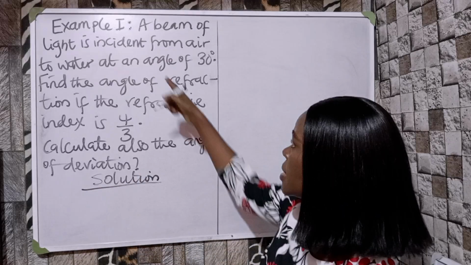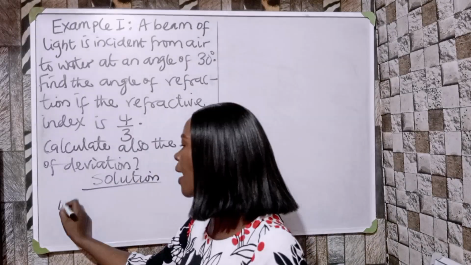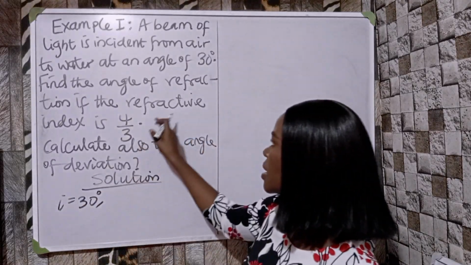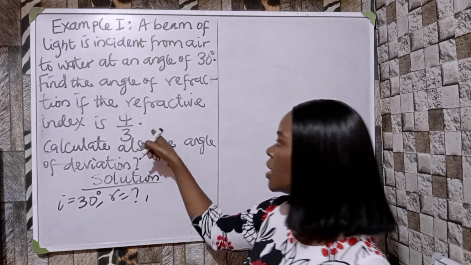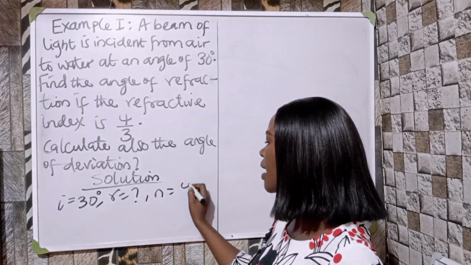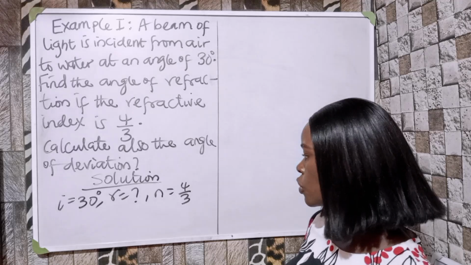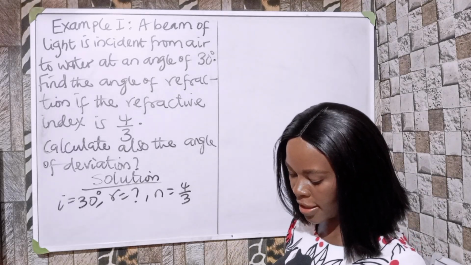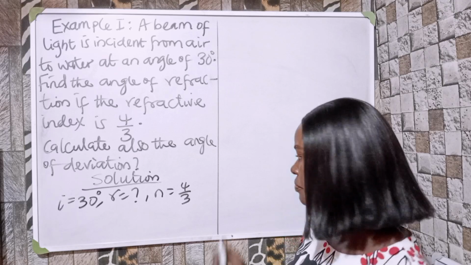Solution: since it is incident, that means my angle of incidence is 30. So I is equal to 30 degrees. We are looking for R, so R is unknown. The refractive index N is given as 4/3, which we can change to decimal by saying 4 divided by 3 equals